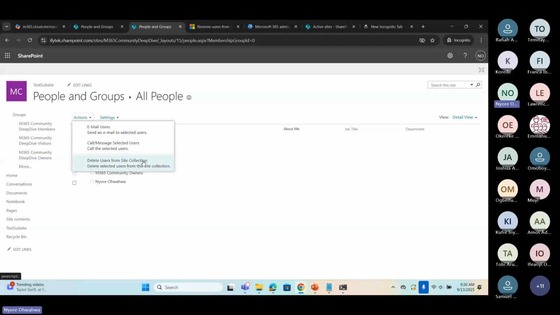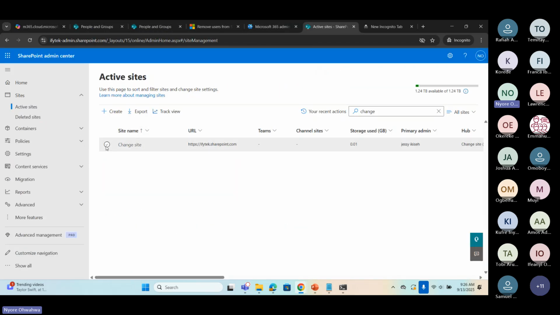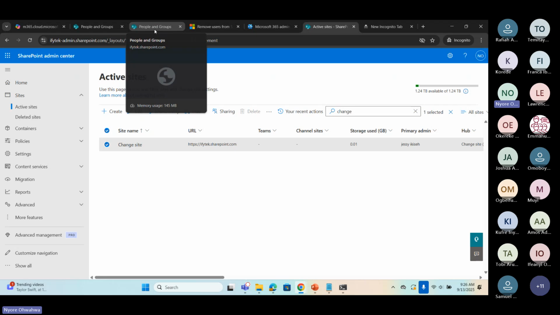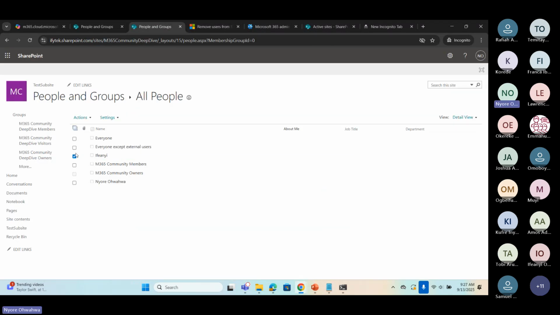So in scenarios like this, say you're trying to troubleshoot a permission case, and you're trying to remove a user from the site collection, and the person trying to delete this says, oh, I'm an owner of the site. And then you come here and see that this is grayed out. The first thing you need to do is go into the admin center and grant that user site admin. So I'm basically saying that a site admin has access to all of the site, just like a site owner, but the site admin has a bit more access than the site owner.